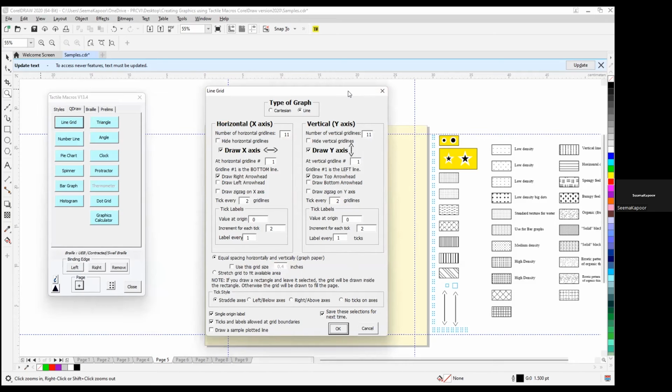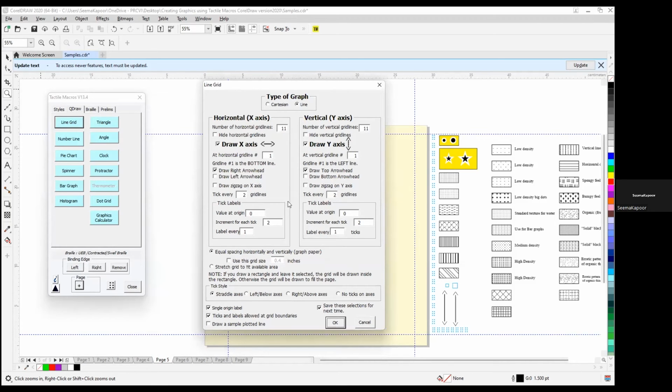So you have to fill this form according to your graph on the print page, okay? The print image which I have given you shows that it is a line graph. So we have two types of graphs, Cartesian graph and line graph. The image which I have given you is a line graph. So I will select line graph, okay? The next one is how many horizontal lines are in the graph? So there are 9 horizontal lines. So I will go and type 9,